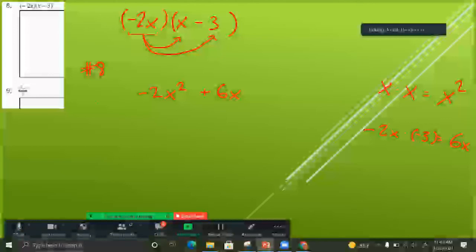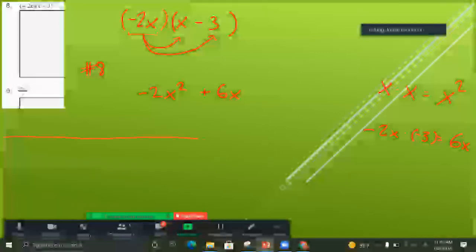So I think we should have been familiar or at least seen it before to multiply like that. Now, number 9, though, is a little weird for me as a teacher because they threw it in here and it's not even in the unit. So let's look at number 9 together. Number 9,